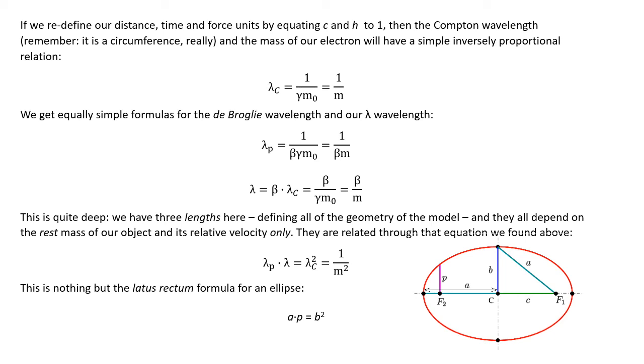And if you don't compress it, on the contrary, you stretch it and keep stretching it, b will become smaller and smaller, because if we want to keep the same circumference, but we want to have a larger distance between the focal points F1 and F2, so we move F1 to the right and we move F2 to the left, then b must become smaller, and so b squared will become smaller, and that means something must happen with a, with the de Broglie wavelength, and something must happen with that distance p, the distance between the focal point